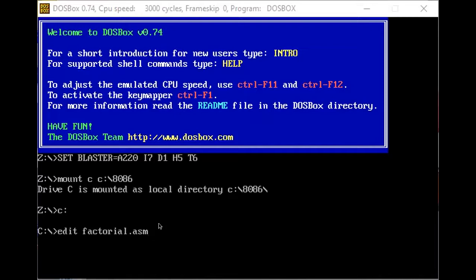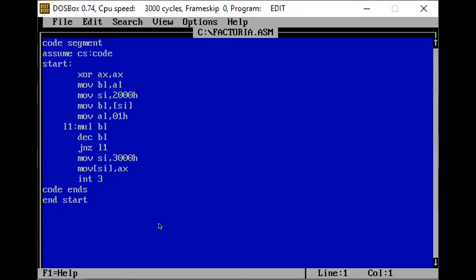This is Kamlesh, and we begin the code. The following code is the assembly language code to execute the factorial operation. The code segment specifies that we are writing our program in the code segment. Start signifies the start of the program. And XOR AX, AX signifies the general purpose registers that we are using in the program. These commands are used for initialization.